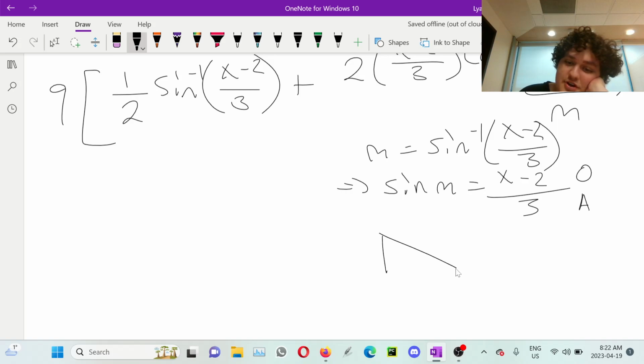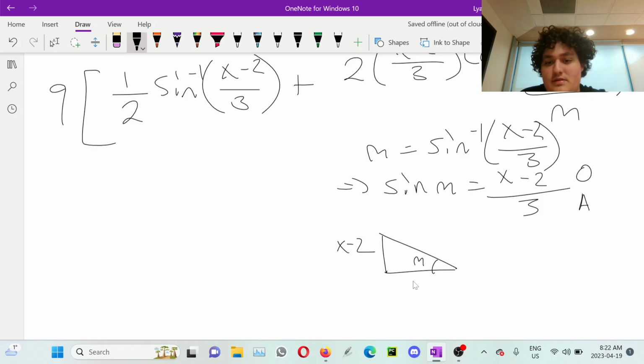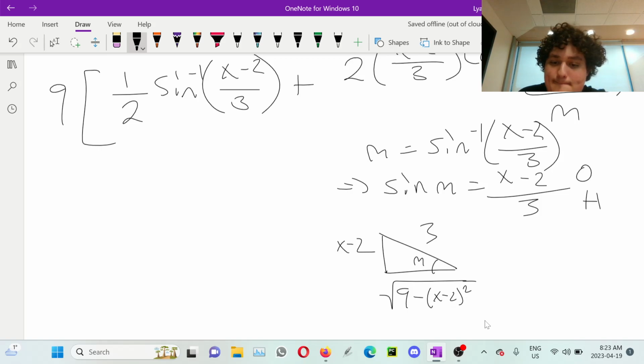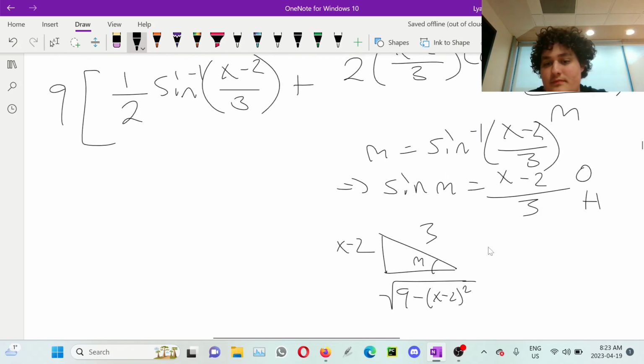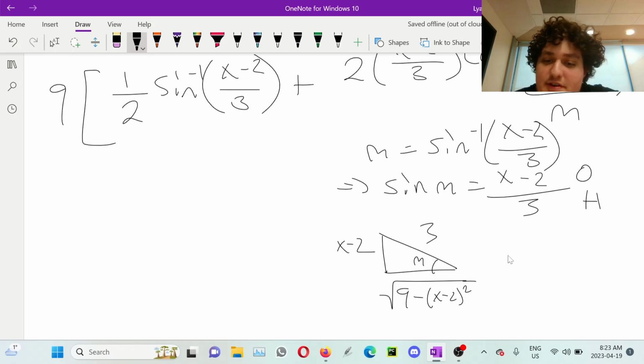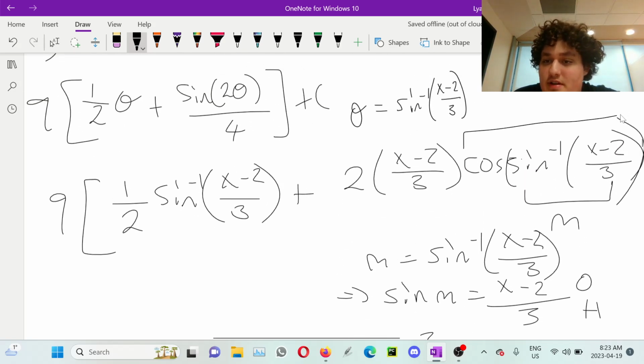So draw a triangle. This is m, opposite over adjacent. No, that's tangent. Opposite over hypotenuse, sorry. Okay, make this 3, use Pythagorean theorem. 9 minus this squared. Okay. So we need cosine of m, that's this adjacent side over 3. So this whole thing is just